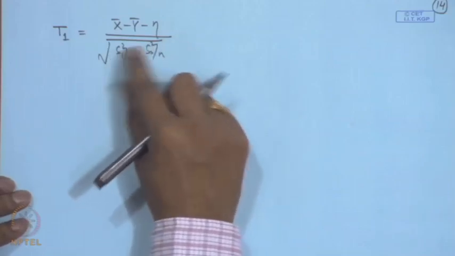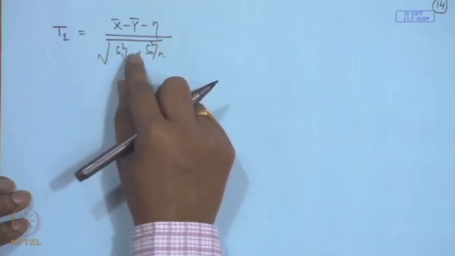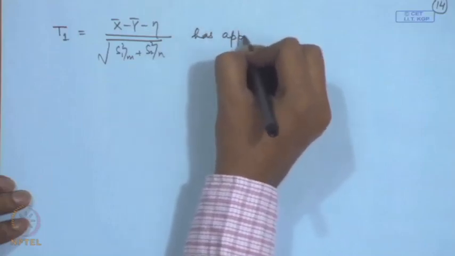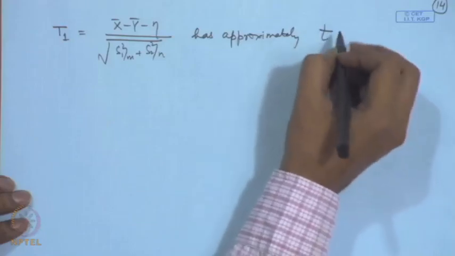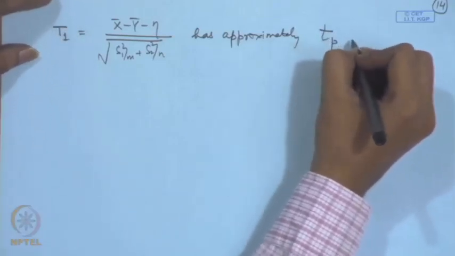So, when they are unknown, we replace them by their unbiased estimators here. However, this has approximately t distribution on p degrees of freedom,